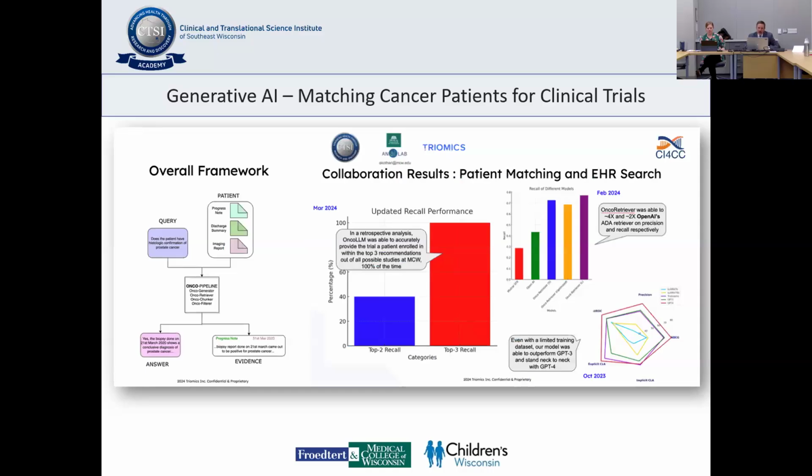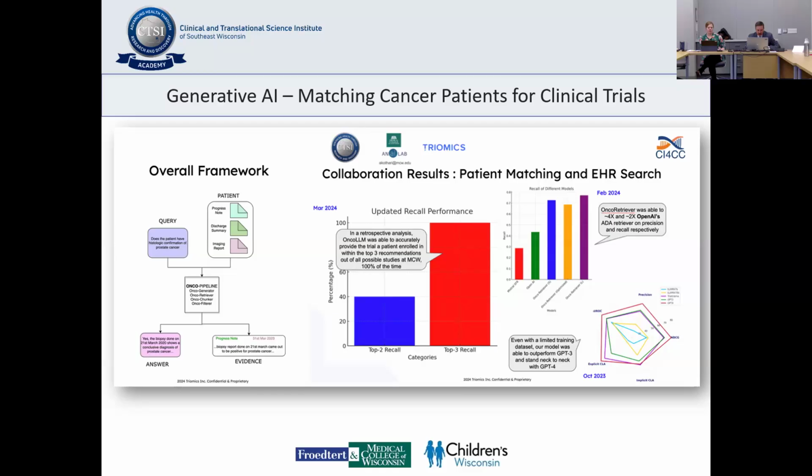I didn't get into too much detail, but some interesting things that we're working on right now. We launched this a couple of years ago. Generative AI is the new hot topic, right? So using LLMs. We know that in the cancer space, it's really difficult to do the inclusion exclusion without doing chart reviews, which is extremely time intensive. And so we'd like to be able to say we can screen all of our patients for a study. So we joined forces with an external startup organization called Triomics, and through the CI4CC, or Cancer Informatics for Cancer Centers group,